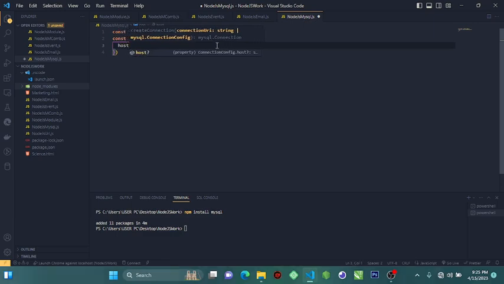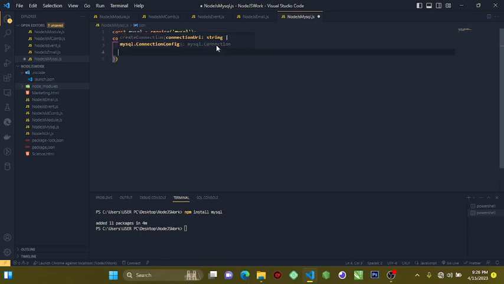Let's say we have host. Remember that it's going to be localhost, that is your system you're working on. Localhost comma user. What's the user going to be? Remember what we started with. Let's say root, comma,